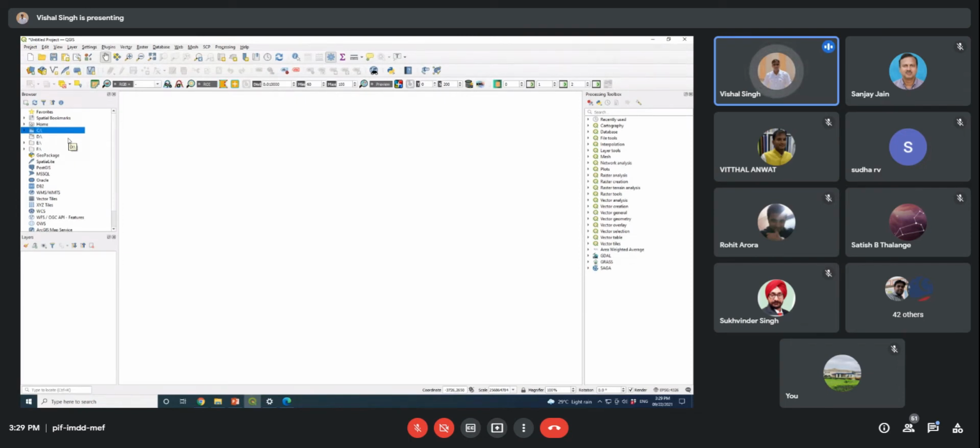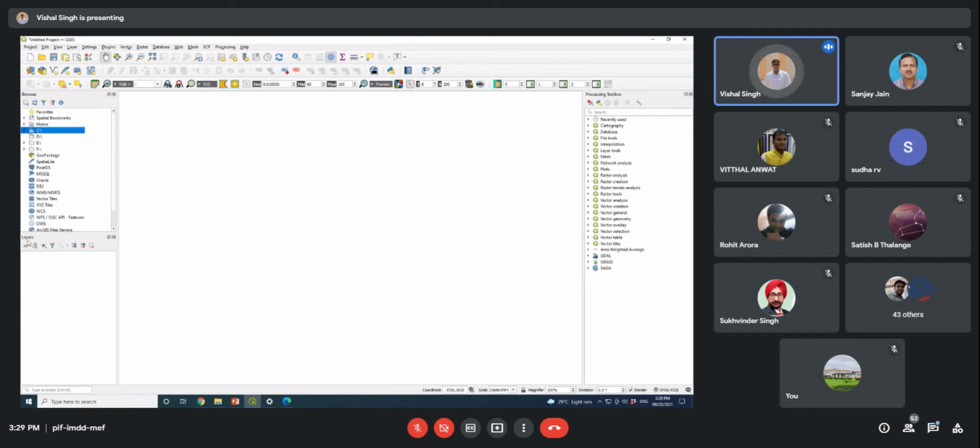Whatever database you have kept in any directory, like in C drive, D drive, E drive, any drive, that you are going to analyze in this QGIS environment can be called from this browser window utilizing these directories that you can visualize here. Apart from that, some additional functions are there that we will see sometime later. What is the use of these functions?